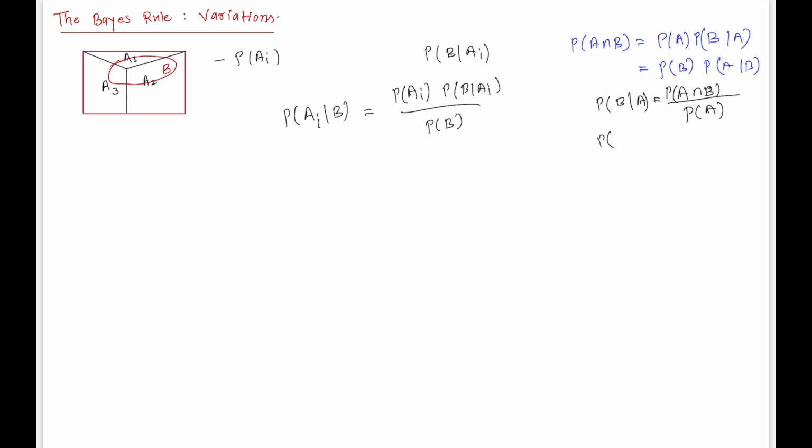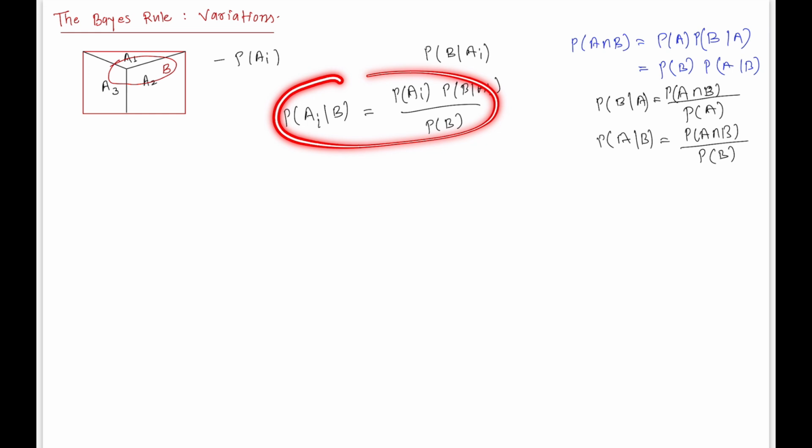And from the second equation you can also write that the probability of event A given B is equal to the joint probability divided by the conditioning probability, that is the probability of event B, right? So here in this Bayes rule,